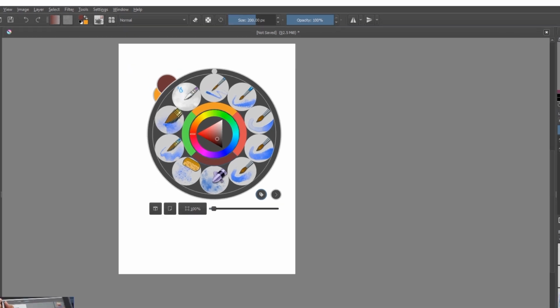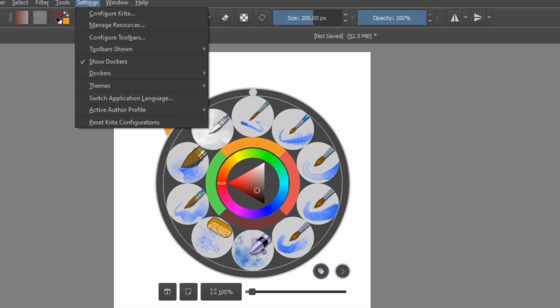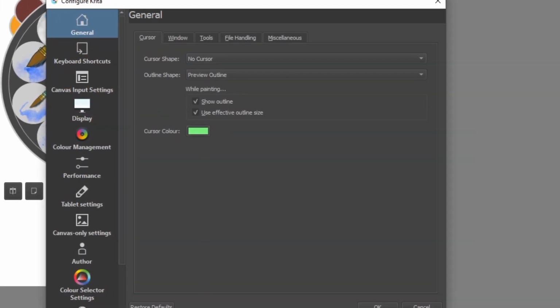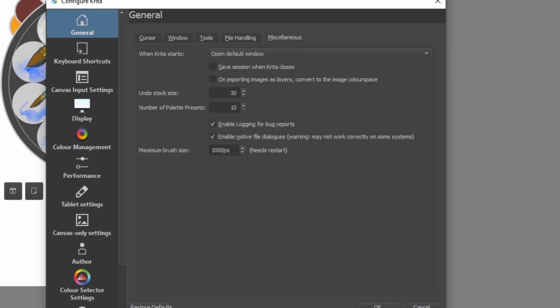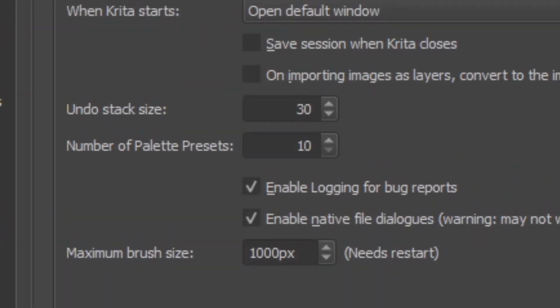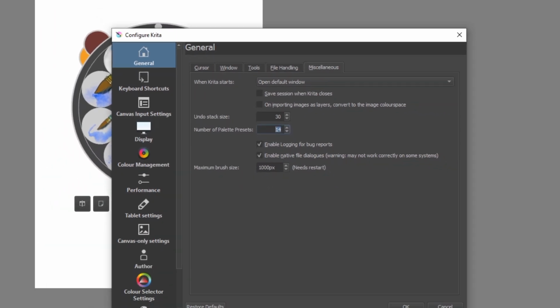You go to settings, you go to configure Krita, and right at the end of this series of tabs is a tab called miscellaneous. You touch that, and halfway down it says number of palette presets 10. So I know I've got 14 brushes here. If I change that number to 14 and click on OK,